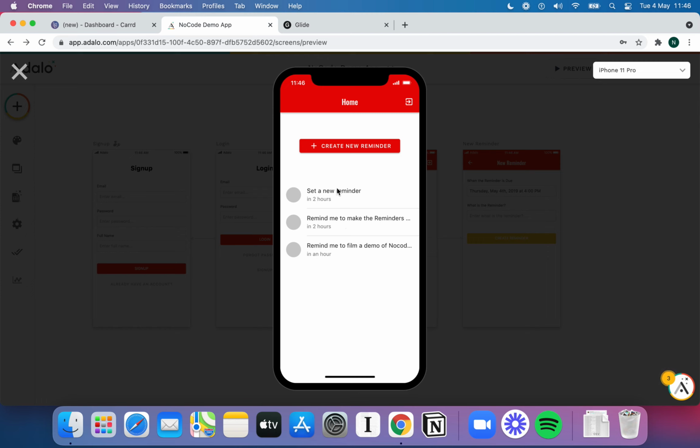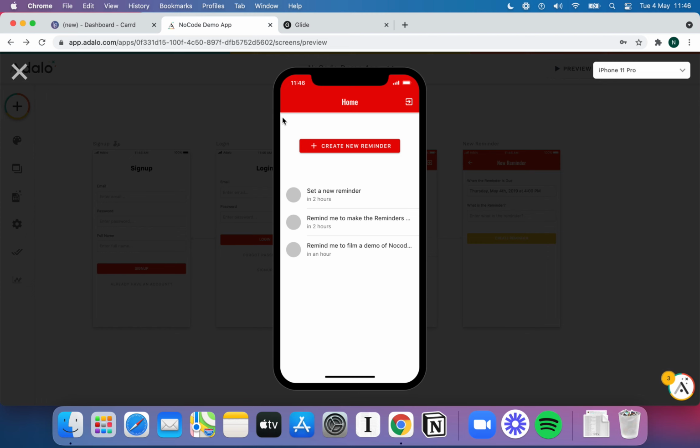So that's a really basic view of how Adalo works. A reminders app is something we've all got on our phones, and yet you can see, clearly the app in your phone is a lot more polished, and the person building that, I'm sure, spent a lot more than 20 minutes on it. But this gives you a really basic idea of how quickly you can throw something working and functional together on